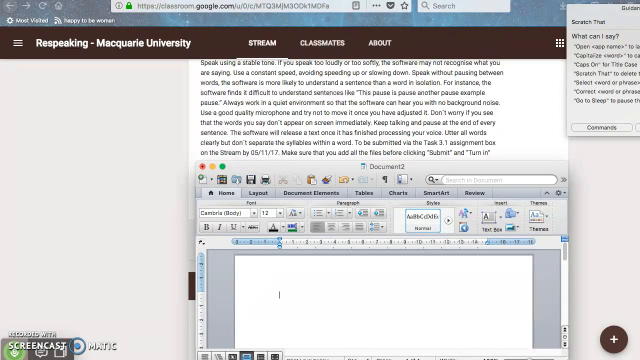Speak using a stable tone. If you speak too loudly or too softly, the software may not recognize what you are saying. Use a constant speed, avoiding speeding up or slowing down. Speak without pausing between words,